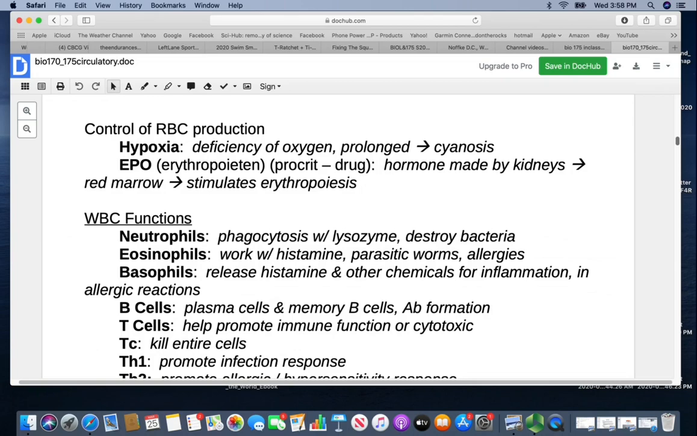Erythropoietin, or EPO, is the hormone that's made by the kidneys. Since they do all the filtering of the blood, they would notice that we need more red blood cells. That will stimulate the red marrow to do erythropoiesis. So we do have synthetic forms of this that can be used particularly for cancer patients, and they can be